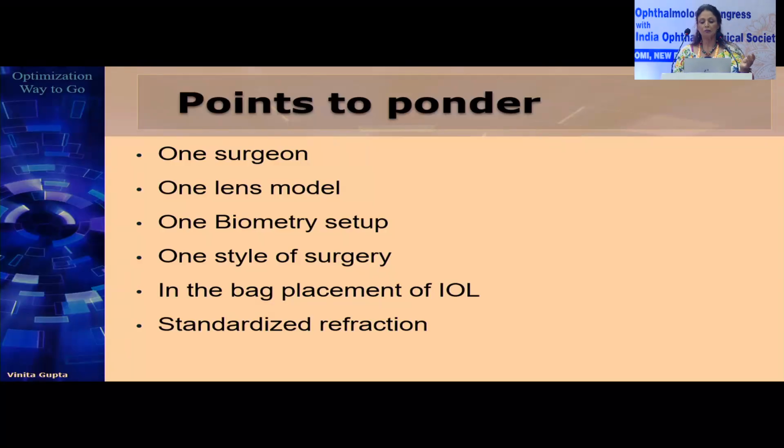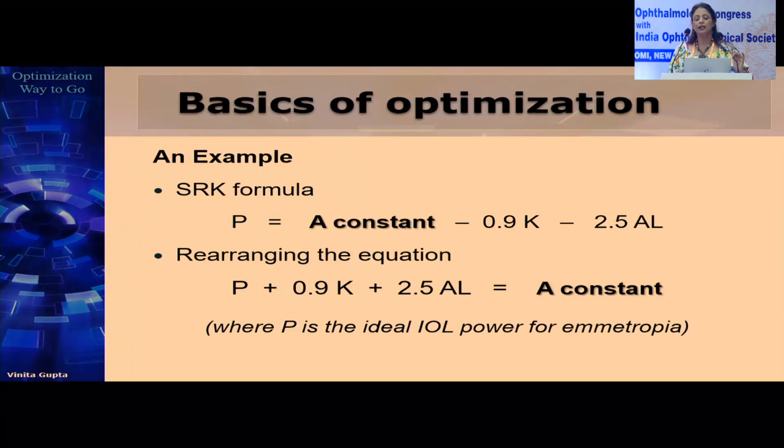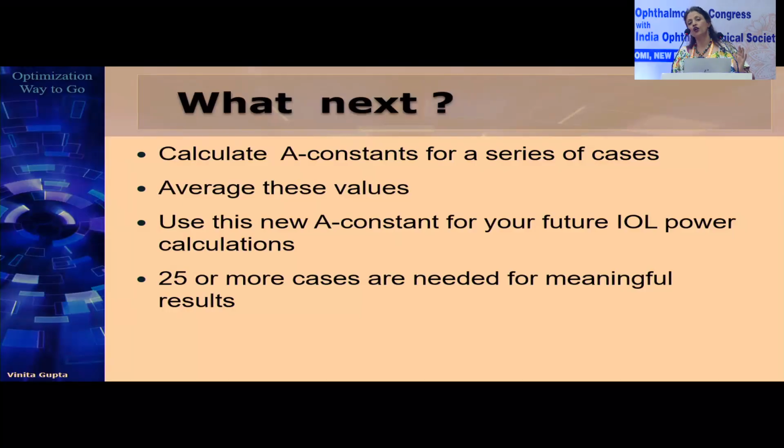An example is, we take this SRK formula. As I said, this is the basic formula. If we rearrange, this is how we derive the A constant. Now let's calculate the A constant for a case series, average these values, and use this new A constant for your future